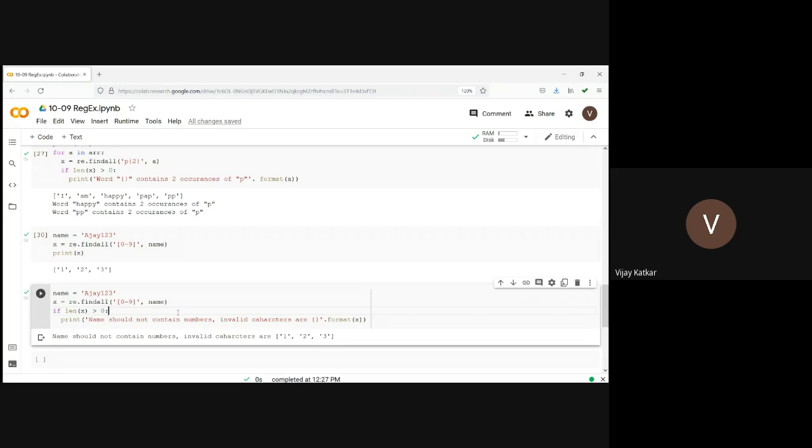If any is not there, then your string should be rejected. So simple, it's not a big deal. Take a minute, try this code on your own, and if it is done, then please post that code in the chat section.